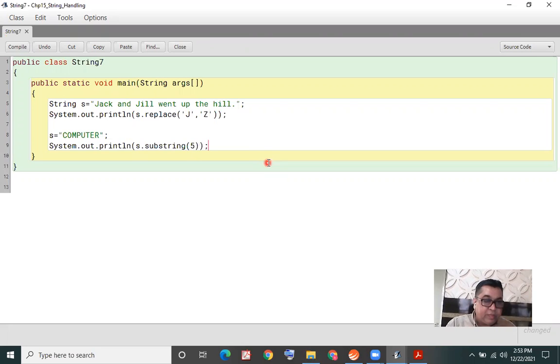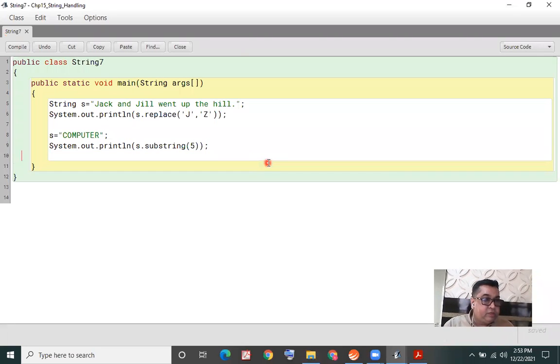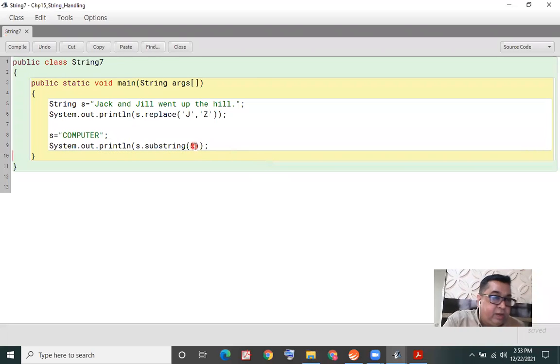I've written 5 over there. That means I'm telling substring to start from position 5. Can you tell me position 5 is which letter? In the chat box, send me your answer. Position 5 is which letter of the word computer?